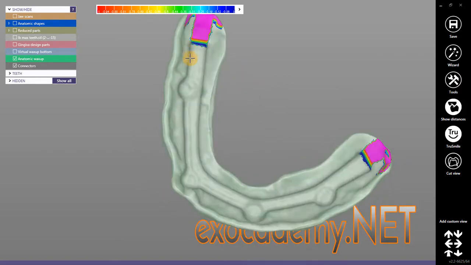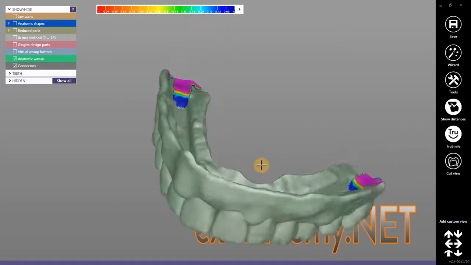So that is how we get the bar surface, is that we have to finish our design by merging and saving the file, and then we can go from there if we want to remove the teeth sockets to mill or print the teeth separately from the gingiva superstructure. So I hope that helps, and